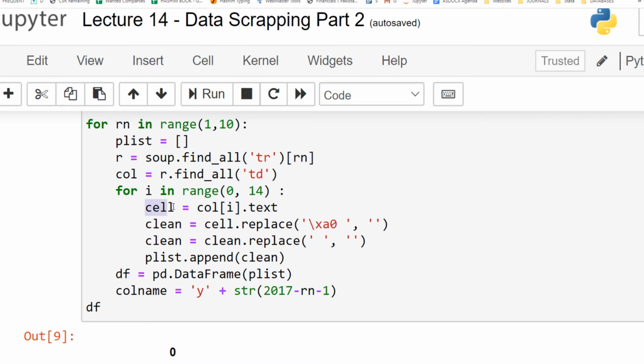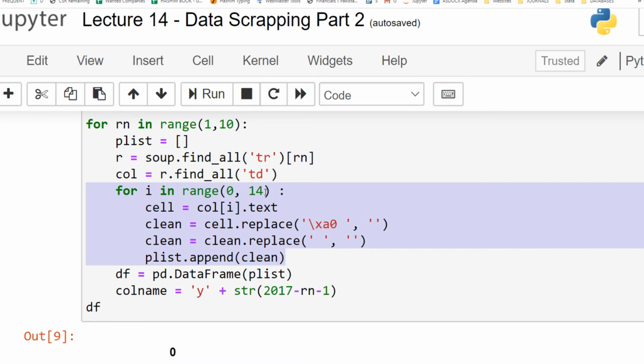So once we get the cell contents, we further process it, and we observe that this specific list of characters were present in our text, so we remove them with nothing, with empty string. Similarly, if there were any spaces, we remove them. So once we get a clean text, we now append that clean text to the Python list that was previously created as empty placeholder. So we keep on doing this.